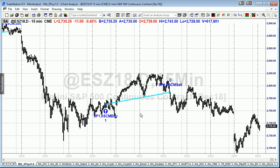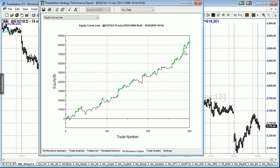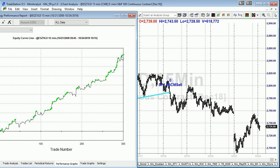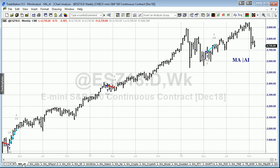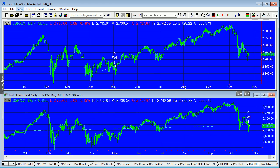This system was developed in 2002 and is still just handling this pullback like a champ. So if you want to trade and have your equity portfolio, your equity curve, at a new high when the market itself is not, that's interesting. Let's go ahead and talk about AI 2 buys and along. The actual AI is staying out of things, but if you want to have your portfolio at an equity high,